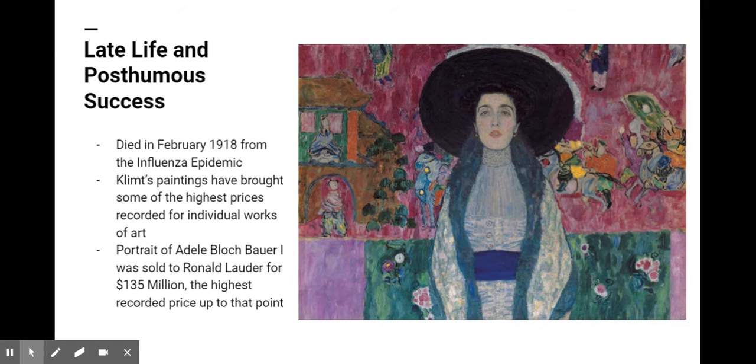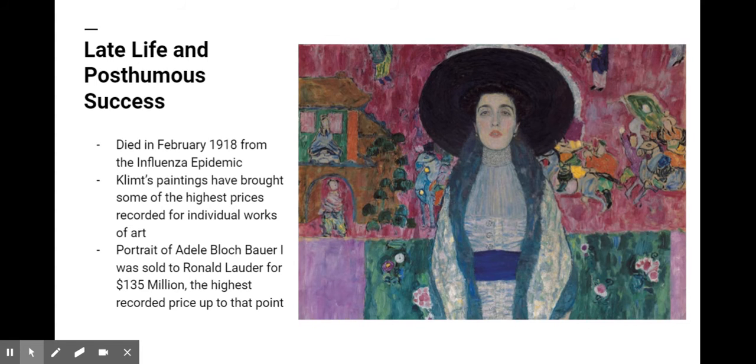Klimt died in February of 1918, having suffered a stroke and pneumonia due to the worldwide influenza epidemic of that year. Numerous paintings by him were left unfinished. Since his death, Klimt's paintings have brought some of the highest prices recorded for individual works of art. In 2006, the 1907 Adele Bloch-Bauer portrait was purchased for the New Gallery, New York, by Ronald Lauder for $135